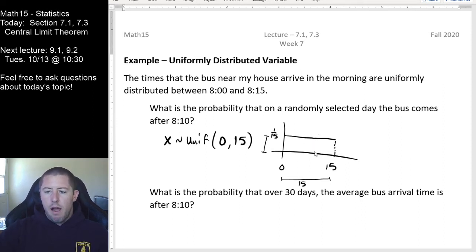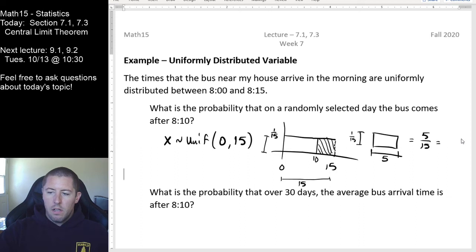I am interested in the probability that the bus, I'm still thinking about my furnace person that hasn't shown up yet, I'm wondering about the probability that the bus shows up after 8:10. And so we can just look for this area right here of a rectangle. This is from 10 to 15. This is my height of 1/15. This is my width of 5, it looks like. And so this should be 5/15, also known as 1/3 or a